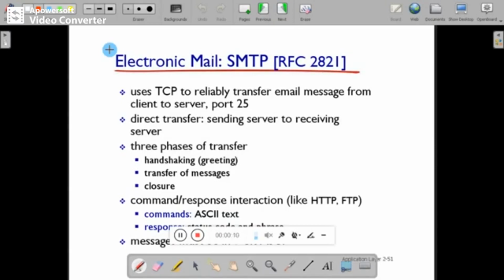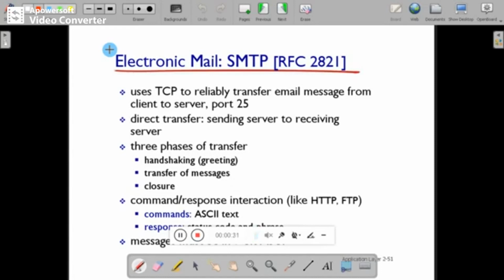When we say connection oriented protocol, that means it will establish a three-way handshake, transfer the message and then close the connection. So SMTP makes use of TCP. That means the delivery of mail is guaranteed.